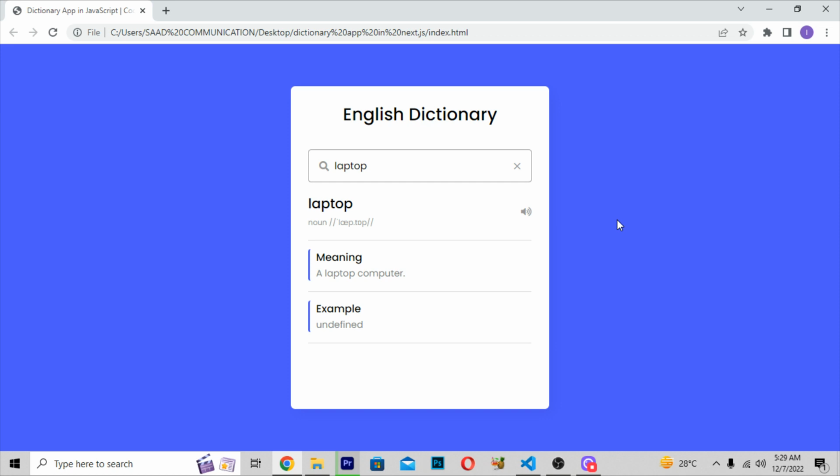We are using Next.js 13 and many different, new libraries to build this amazing English dictionary app. And I hope you'll enjoy this video, and if you enjoy it, hit a like, and if you're new on the channel, hit the subscribe button, and also share this video so more people can learn and take benefit of these amazing things like you are. So now we'll start with our video and see how to build this amazing English dictionary app using Next.js with many different libraries.